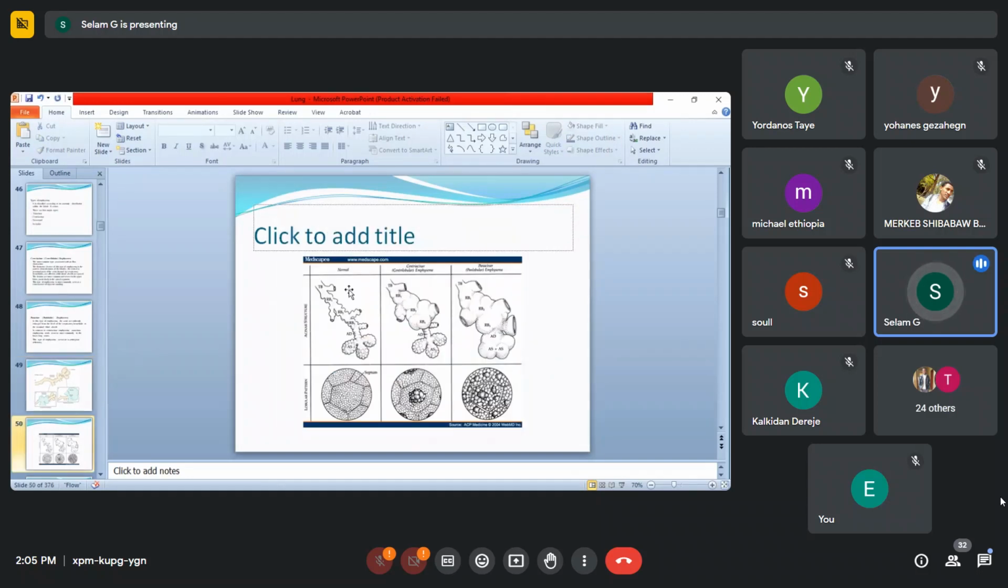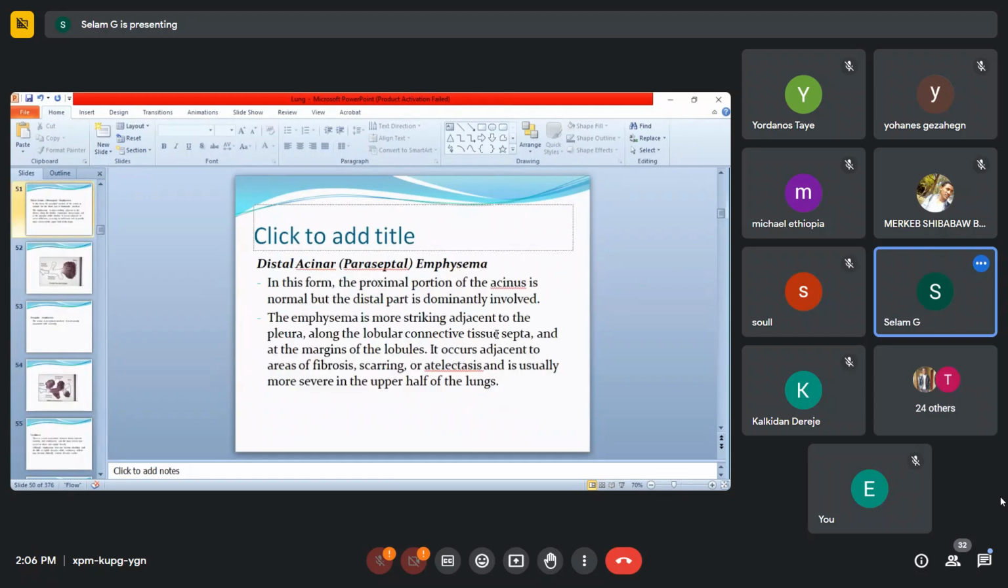So you see the normal alveoli and acinar structure, centriacinar and panacinar. So the entire acinus, panacinar. Proximal bronchioles, centriacinar. Distal acinar or paraseptal emphysema: in this form, the proximal portion of the acinus is normal, so the bronchioles are normal,